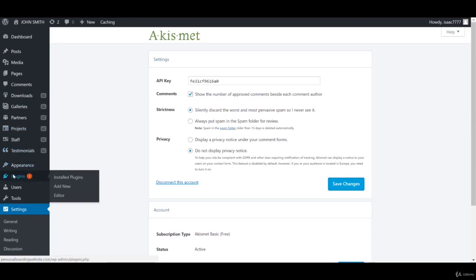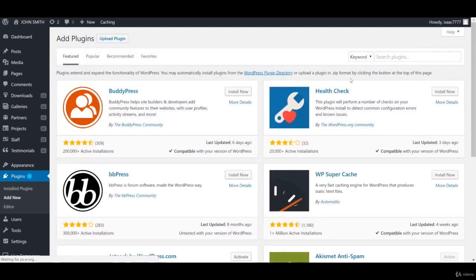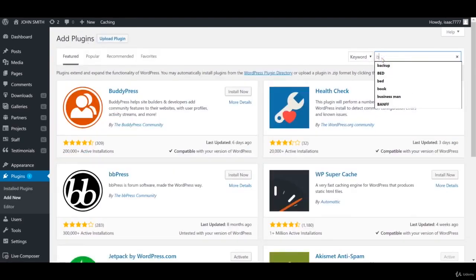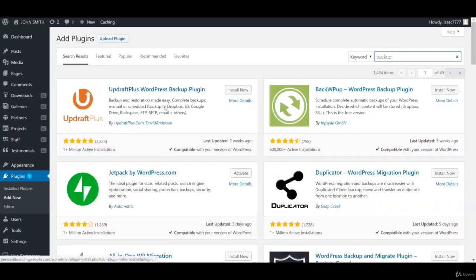Now, just another plugin that's good to have is a backup, something to back up your website just in case it ever crashes or something happens. You just want to get a good backup plugin. So one of the best ones is Updraft or Jetpack by WordPress. I actually think this one's better. So you just simply can install that. I'll show you. So you just install that, and